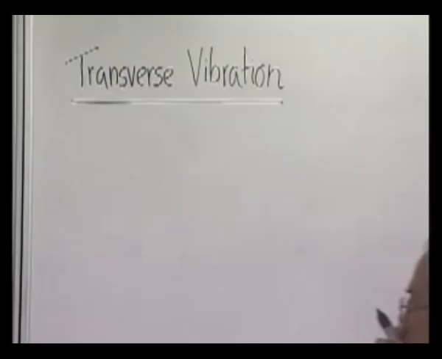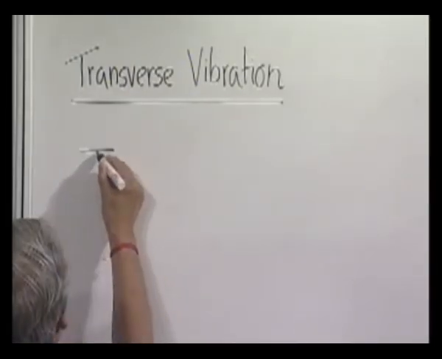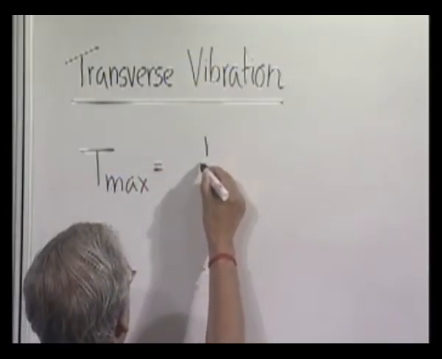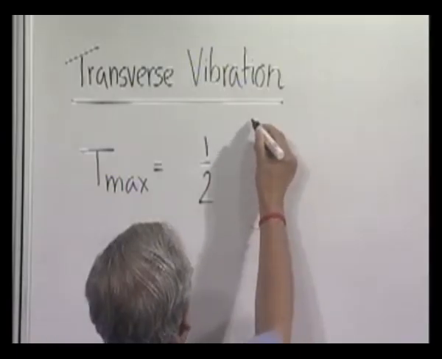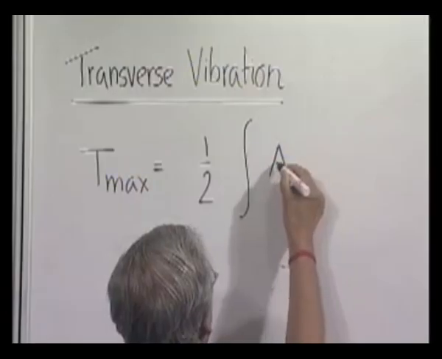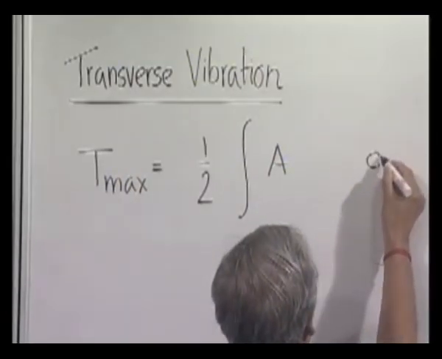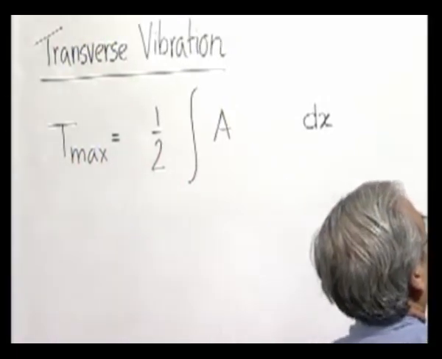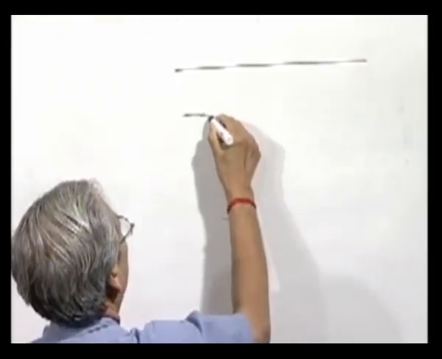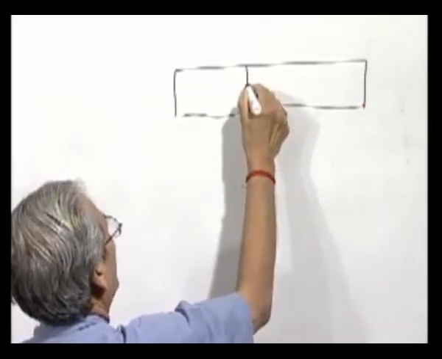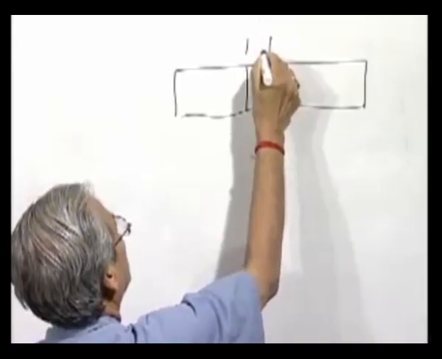Now, in case of transverse vibration, the kinetic energy expression at the peak value will be same. That means an element we take, and the element mass is given by its volume, that is A into dx, that is the length of the element. If we take, and we take one element of length dx,